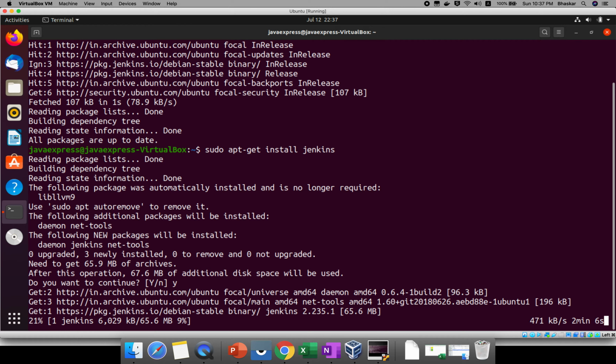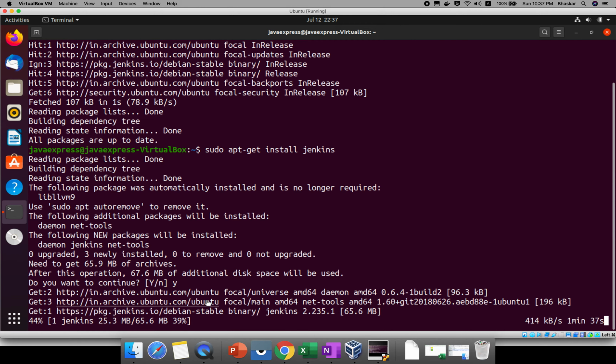So first you need to install the JDK. Once this step is done, then you need to install Git, Maven, then Jenkins. Here Jenkins and Maven are optional to install in the initial step, but I am giving all the software you will require. All the commands I will give in the GitHub repository, so that you can copy and install the software. It is taking some time, it is completing.